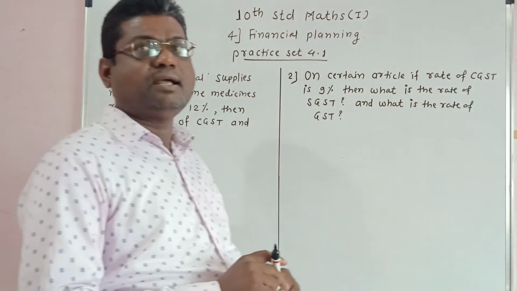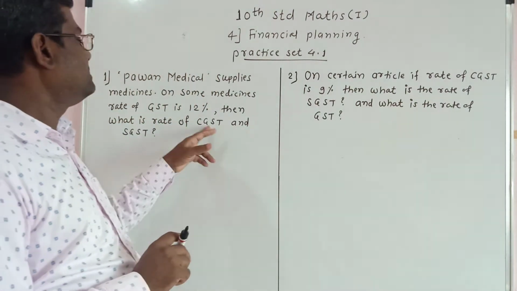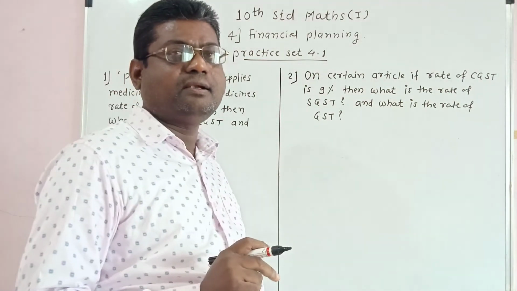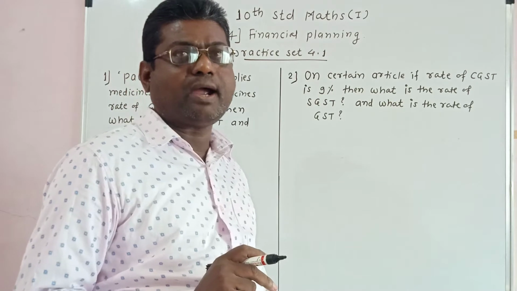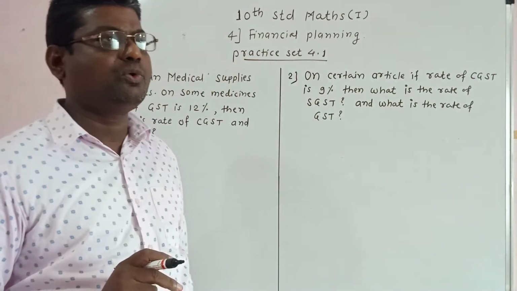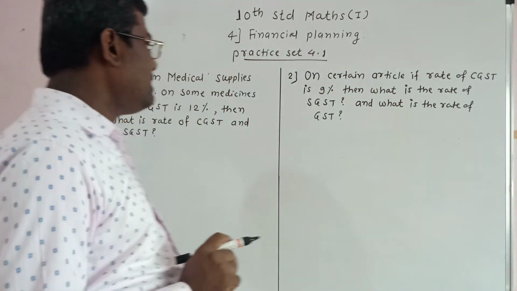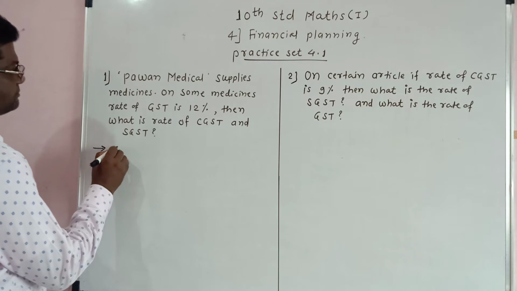Rate of CGST and SGST are same. Rate of CGST is equal to rate of SGST and it is half of the rate of GST. If we divide the rate of GST by 2, then we get rate of SGST and rate of CGST. Therefore, we have